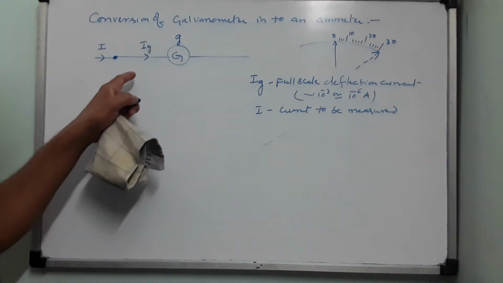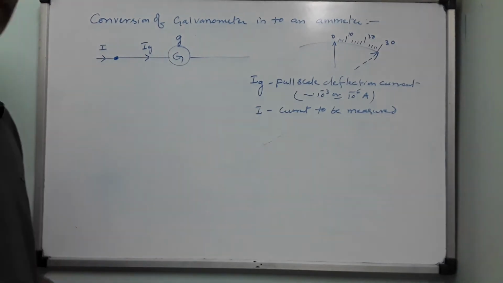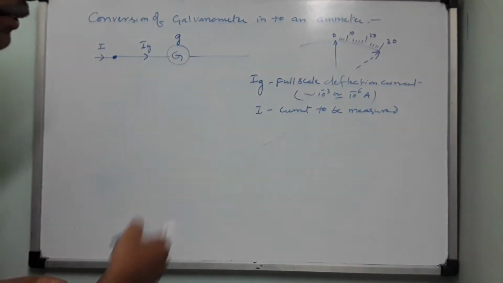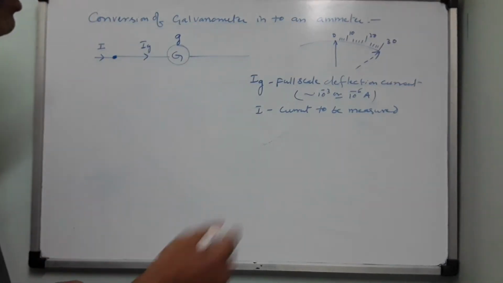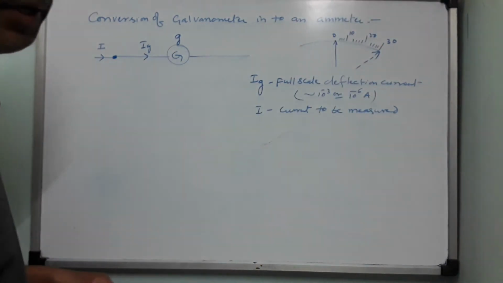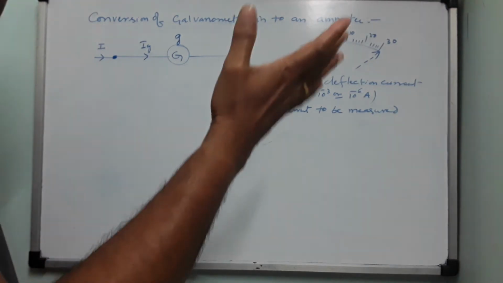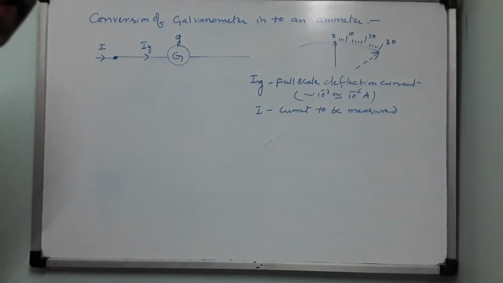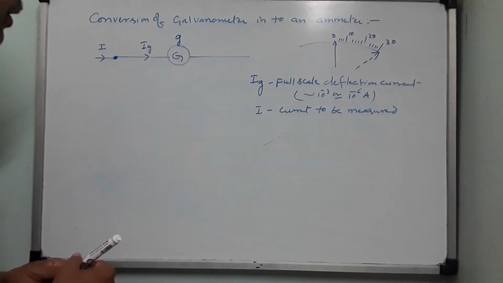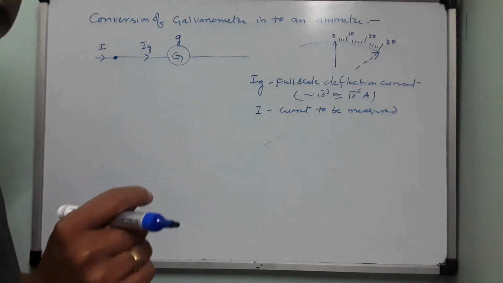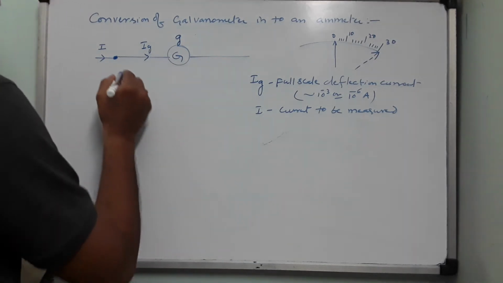This is a meter which can bear only milli or microamperes of current. When you send 5 amperes or 10 amperes of current, which is 10 power 6 times greater or 10 power 3 times greater, the coil will undergo a large deflection and it will get stuck at one side, it will not come back because it is very sensitive. So therefore what to do? To protect your galvanometer, you need to have a resistance connected in parallel to this galvanometer.